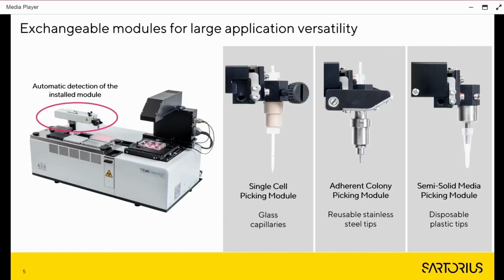When looking closer at the picking modules, the system can be equipped with semi-solid picking module that takes advantage of disposable tips, adherent colony picking module that is using reusable stainless steel tips, and a single cell picking module that is using glass capillaries and is the most versatile picking module. Once the picking module is installed in the system, it is automatically recognized and all corresponding picking protocols are loaded